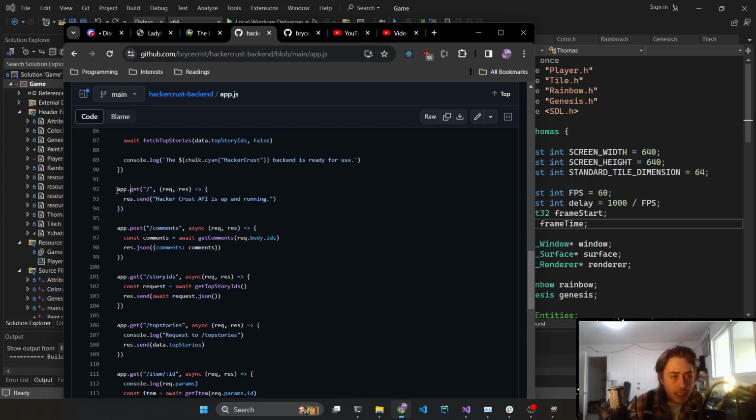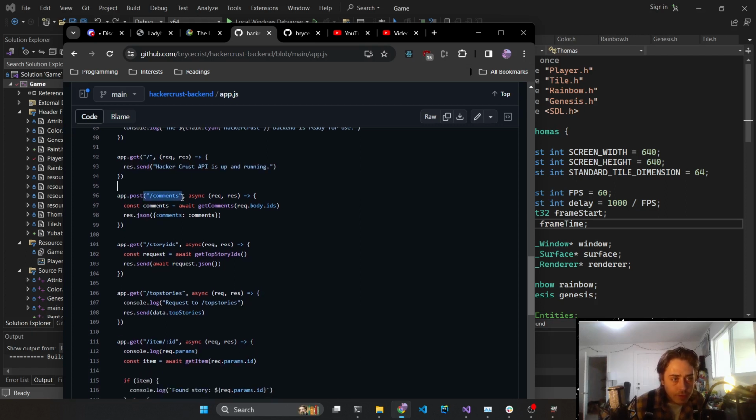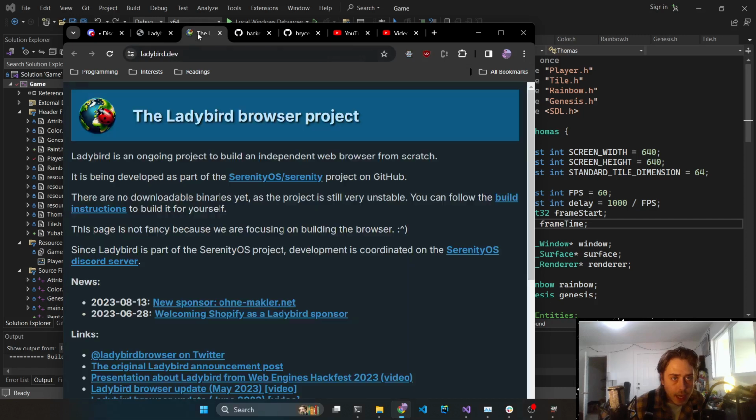So if I ran it locally, instead of github.com, it would be localhost with some port number, like localhost colon 5000. And if I followed that up with a slash, it would return Hacker Crust API is up and running. If I asked it for slash comments,